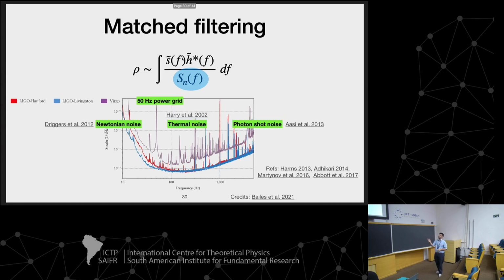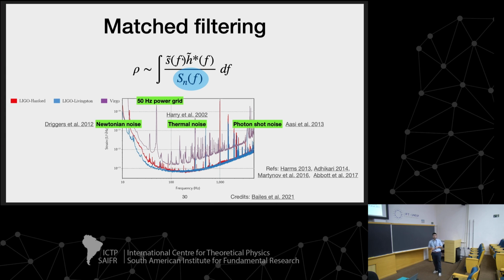So basically, PSD is a measure of noise, so what is actually hampering you to get a perfect detector and see everything. Noise is a fascinating word because it is what actually is not allowing us to see everything. So at high frequency, you have the photon shot noise. Basically, you are well in the quantum scale, given the distances that you're trying to measure when you want to measure the gravitational wave passage.